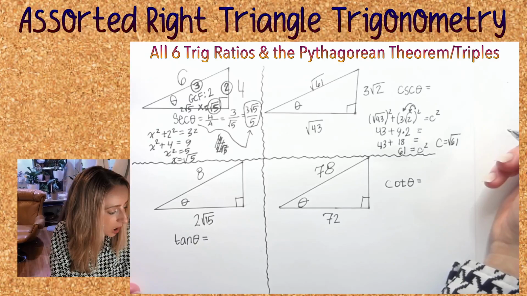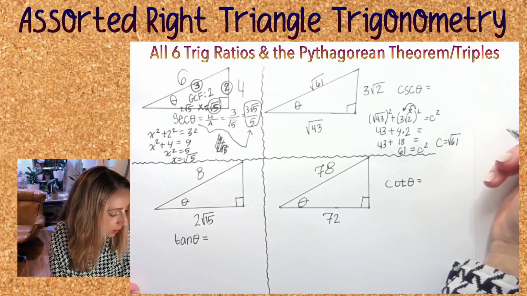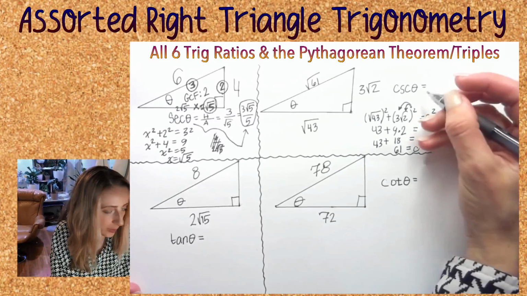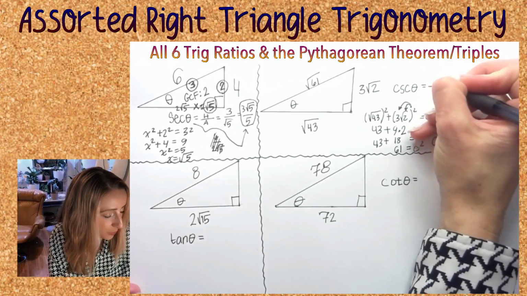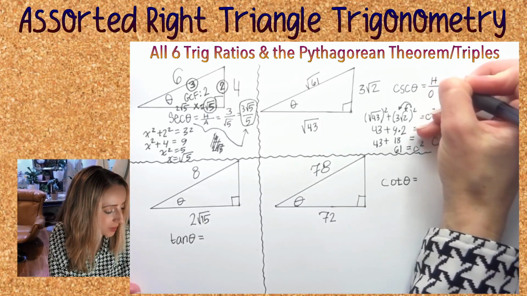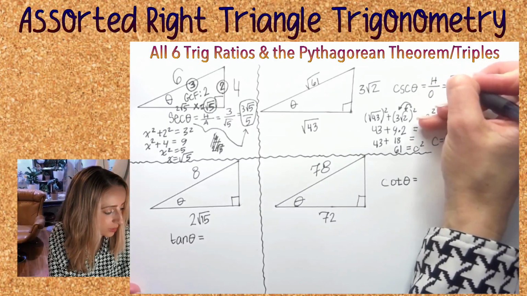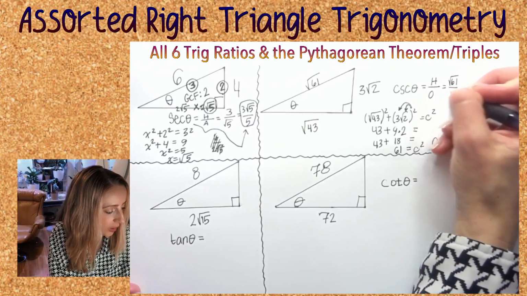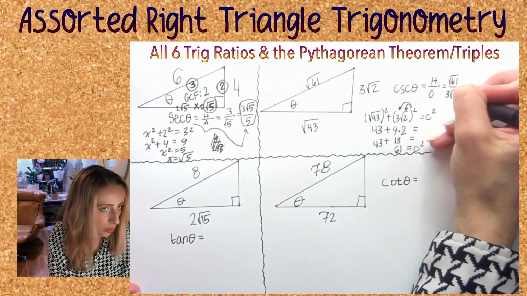From here, what are we looking for? Oh yeah, cosecant, reciprocal of sine. So it's hypotenuse over opposite. Root 61 over 3 root 2